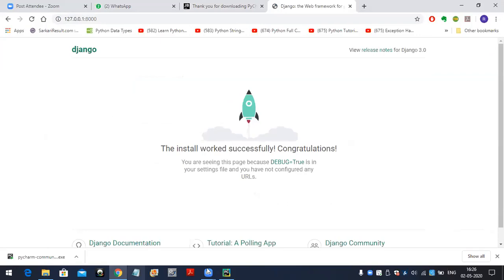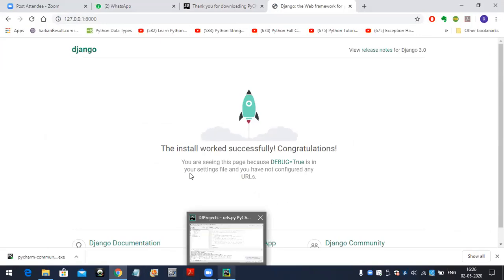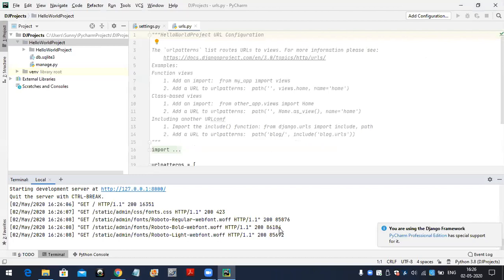Now I am going to create the application inside this. If you want to create the application, we require the manage.py file. Whenever we create a project, automatically you will get the manage.py file also. Now by using that manage.py file we have to create the application. See how to create the application.